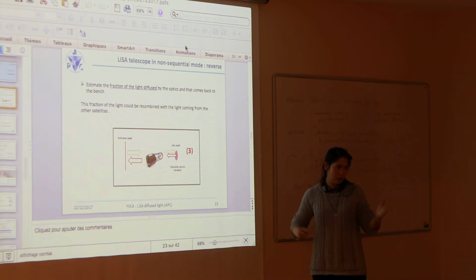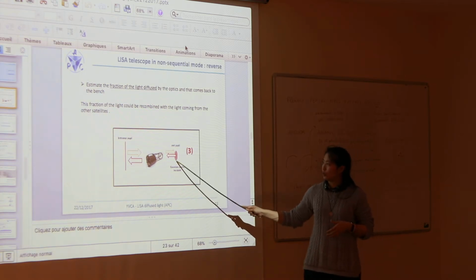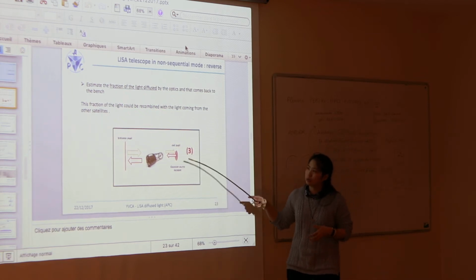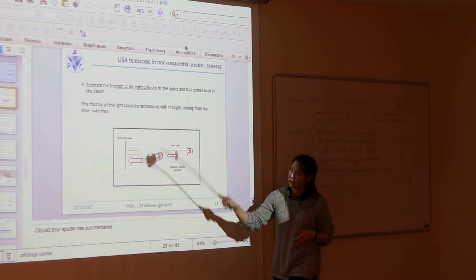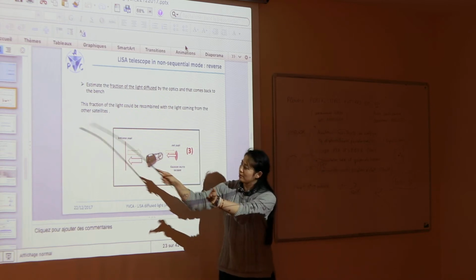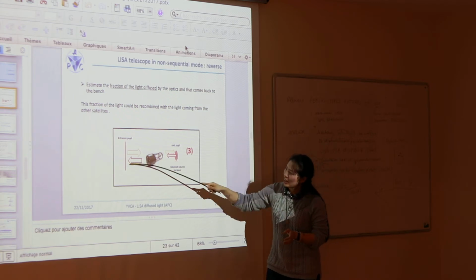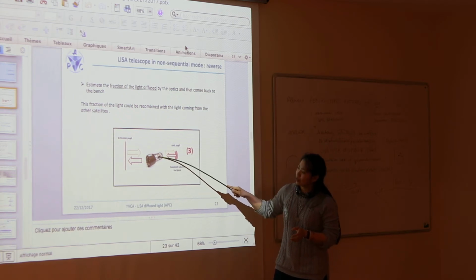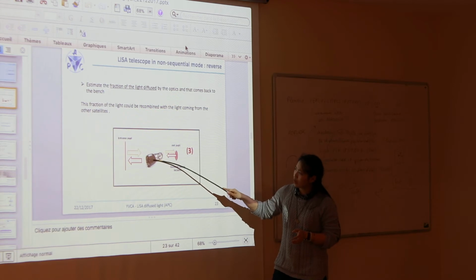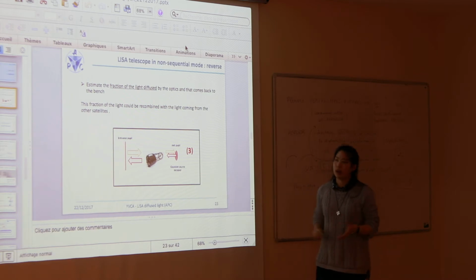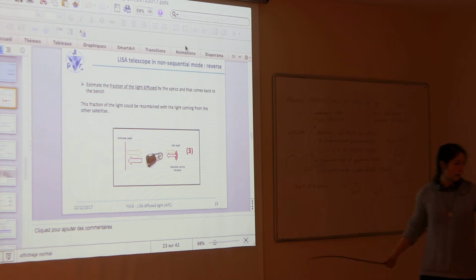So we look at the real problem, as I said. We are at the exit pupil, and you look at the transmitted beam to the other side. Here you will have a bigger beam going through the telescope, and the transmitted beam goes from here. The problem is the light which is backscattered by the optics to the detector position. So this is the real case of LISA, and this is the configuration we will study.